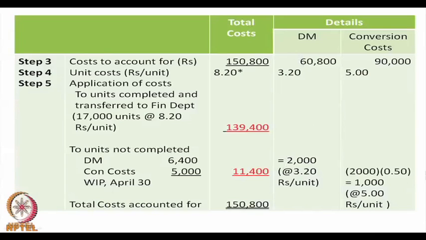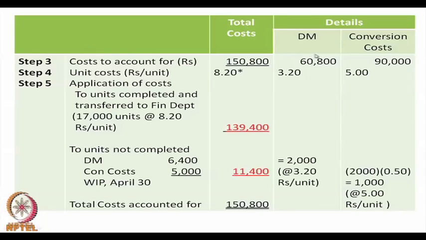Now, this table gives us the other 3 steps. The direct material cost was 60,800, conversion cost was 90,000, totaling 150,800. This was to account for. We have found out the equivalent costs. For the conversion cost, the equivalent amount was 18,000, because 50% of 2,000 plus 17,000 became 18,000. So, per unit it is 90,000 divided by 18,000, which is 5 rupees,